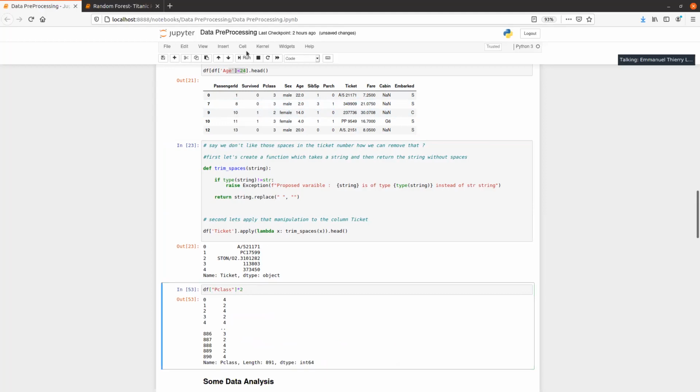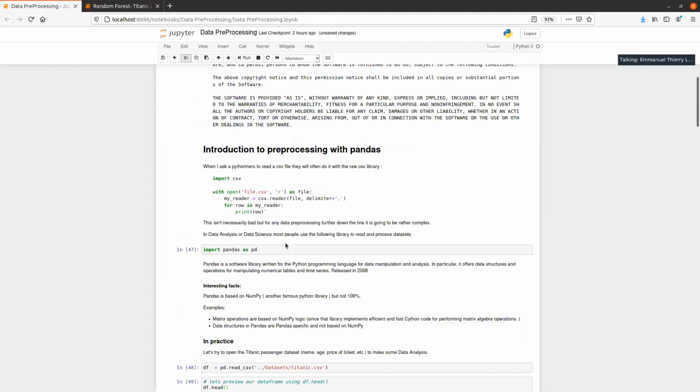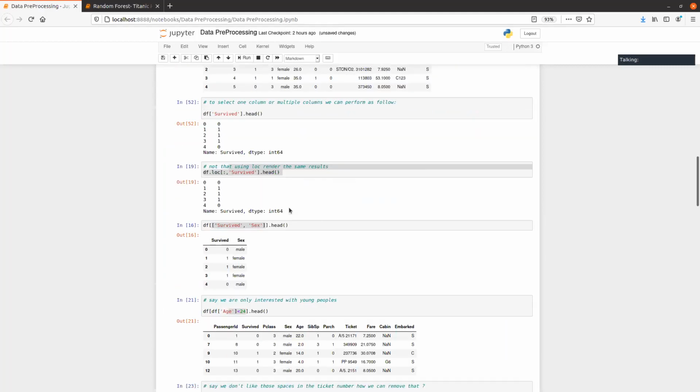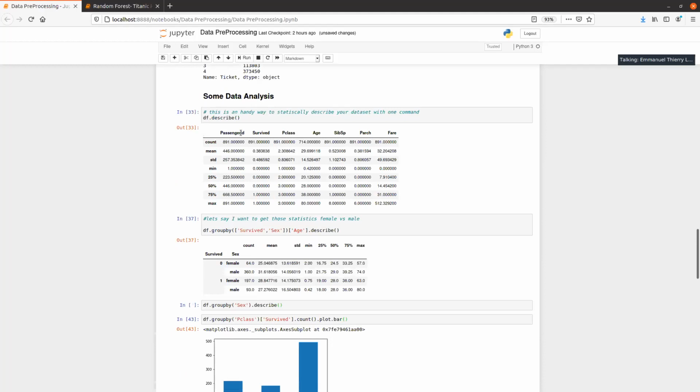So actually, you might find all of these quite basic and not that interesting, but trust me, if you would like to do this with a simple CSV import, it will be much more difficult and a lot slower. But Panda doesn't limit to data pre-processing or data cleaning. You can do some basic data analysis with it as well.